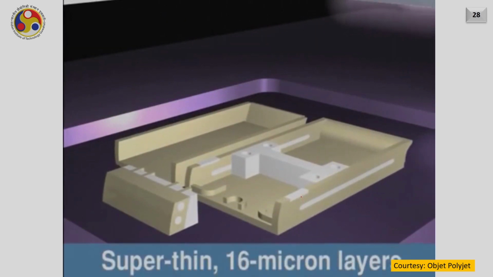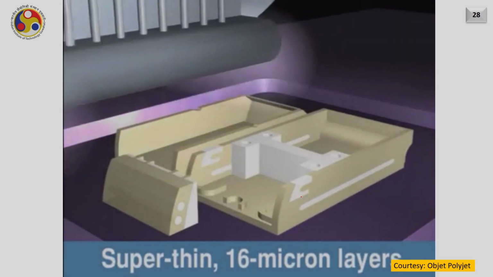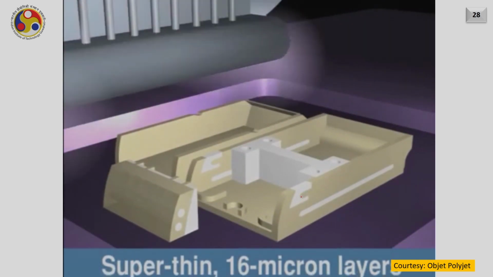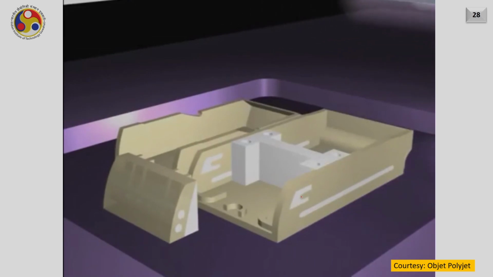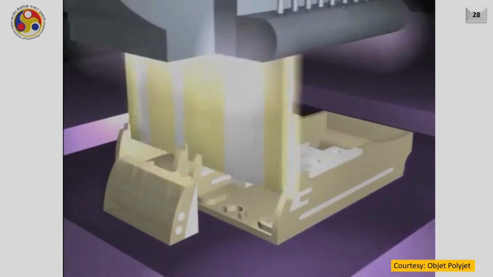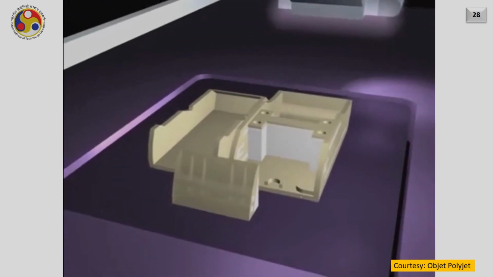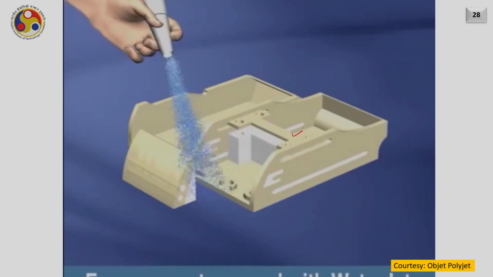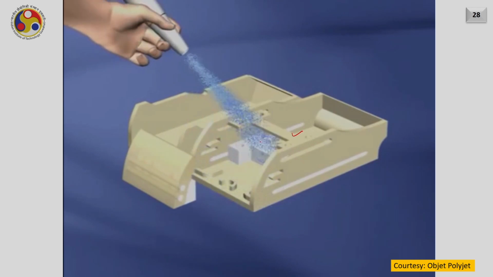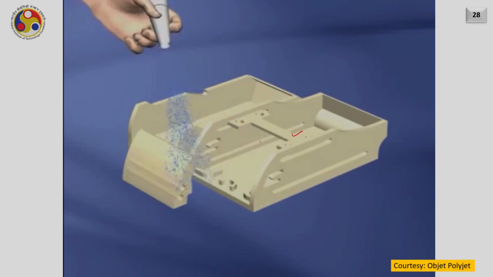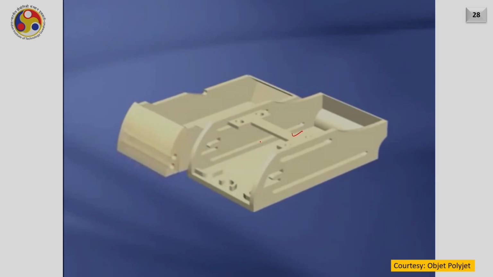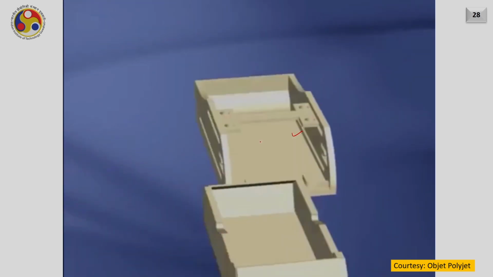Immediately, after the curtain of the liquid material which is falling from the top, UV light is also coming. That UV light will instantaneously cure the material and that can remain in the cured form on the part. Once the part is completed, the support can be easily removed by spraying a jet of the liquid or the conventional water itself. Hence the part is ready and you can assemble them.